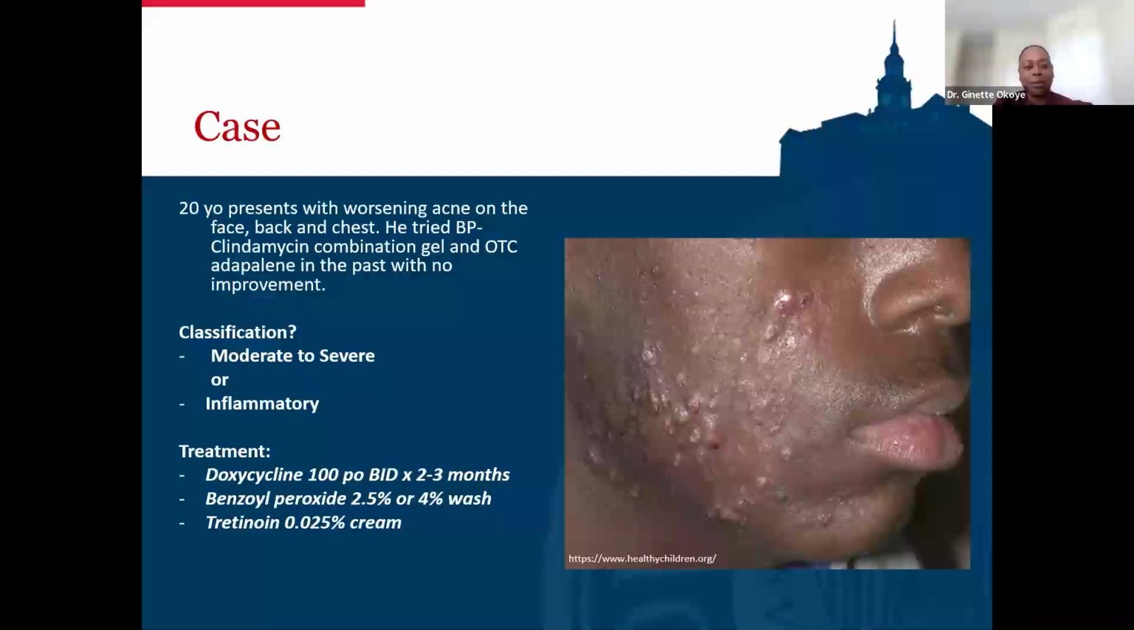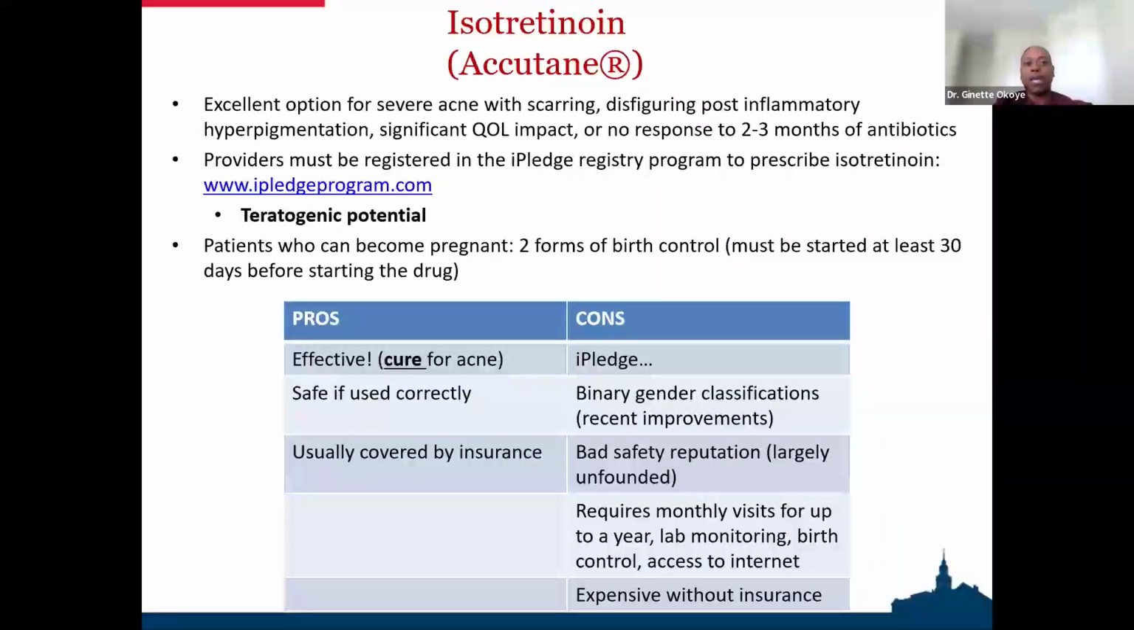And then when I see him back in 3 months, we can double the strength if needed. But the plan here is if in 3 months he's not doing well, or he's doing well and we stop the antibiotics and the acne comes raging back, we're going to move on to isotretinoin, which is basically the oral vitamin A derivative equivalent of your topical tretinoin. It's a really great option for people with severe acne who are developing scarring or post-inflammatory hyperpigmentation, or people who,